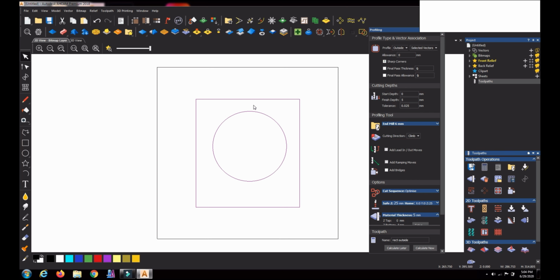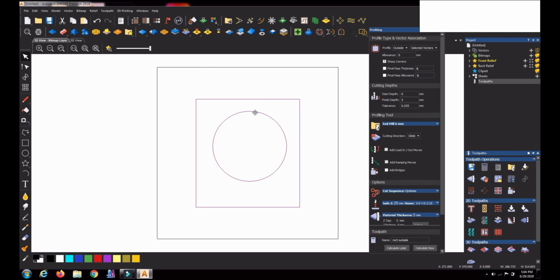If I have selected both together, what should the profile selection be? The profile selection will be outside, because the material we want to cut is the one in between the circle and the rectangle, so the tool has to move outside the material.